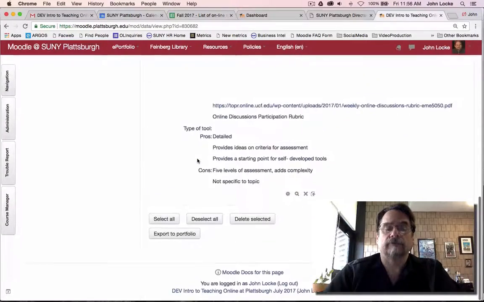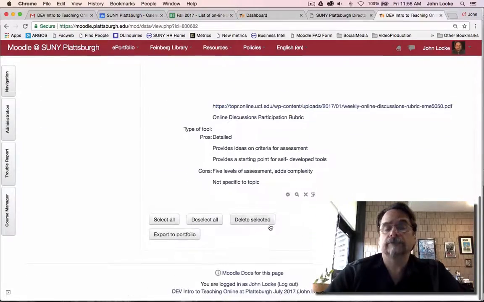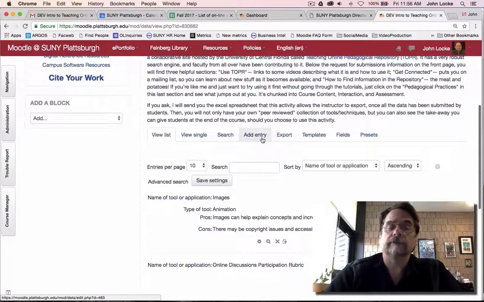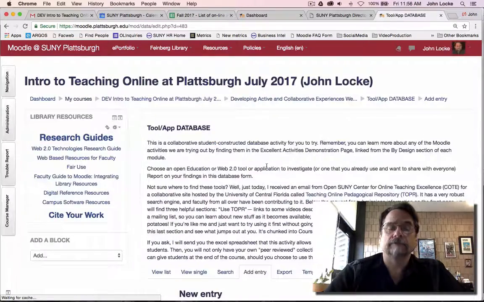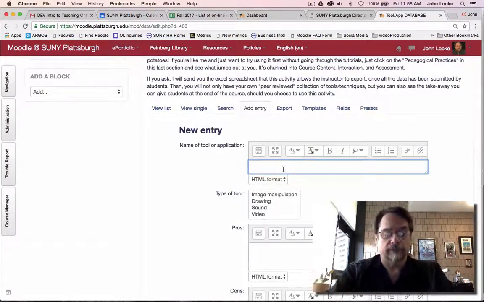And you can either scroll, look at them this way and scroll down the list, or you can view them singularly. You can even search for them, but since there's only 2 here now, we don't have much of a search. So I'm going to add an entry right now. Okay, I clicked on that, and my new entry, the name of the tool is